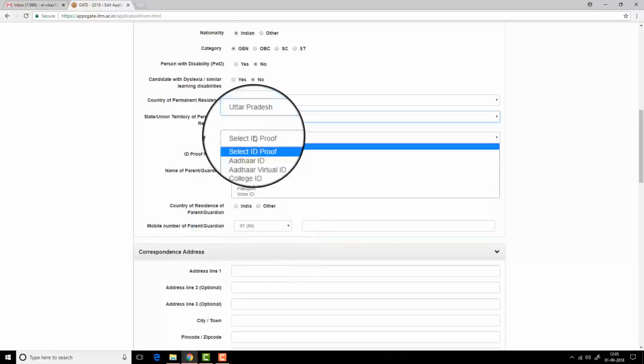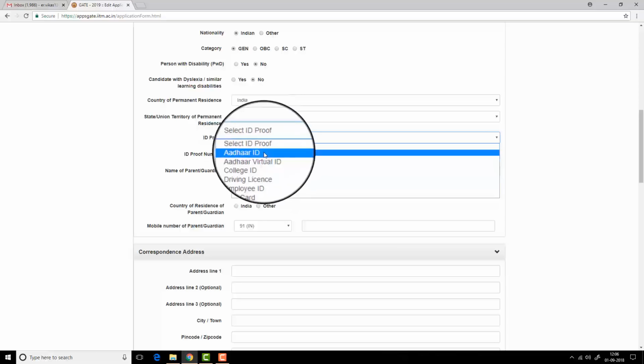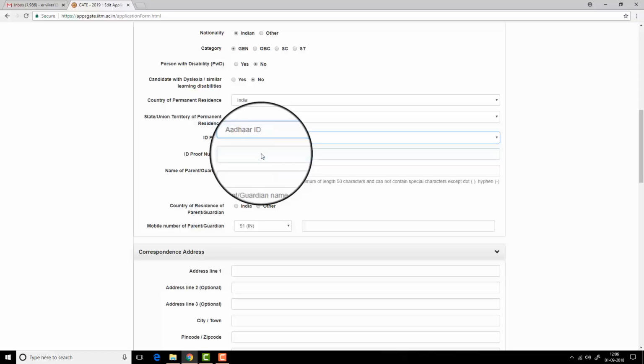Next thing, you have to enter the ID proof. For this ID proof, I want to tell you that the ID proof that you enter here in the application form, that ID proof you have to bring to your GATE 2019 examination, okay. That will be verified over there. So make sure that the ID that you select here, that ID you should carry to your GATE exam, okay. Like I am entering Aadhaar card,